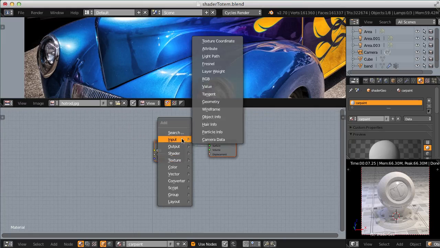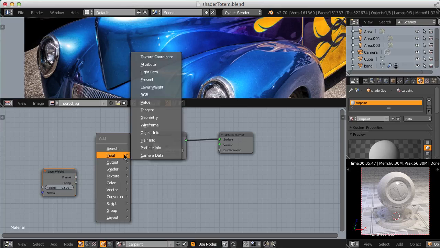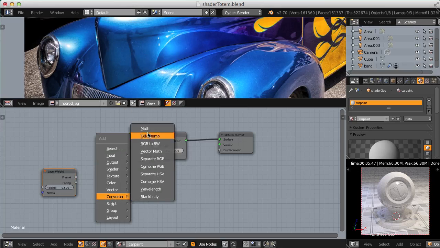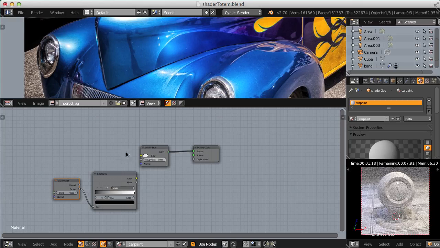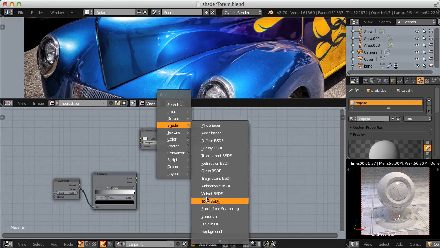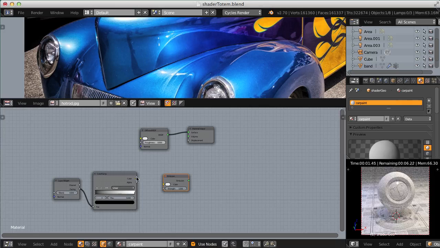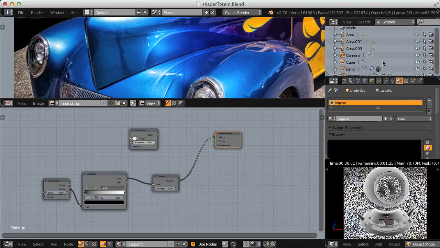So let's add an input. I like the layer weight node. And then following that, I will add a converter color ramp. If you've watched any of my shading training before, you could probably do this in your sleep, because I've repeated it so many times. But after that, we will add an emission shader just to test exactly what our Fresnel value is doing. And we'll plug that into the surface output and take a closer look in our render viewport,